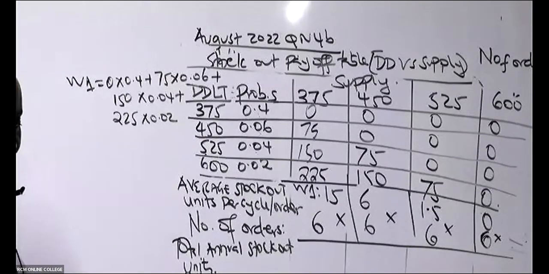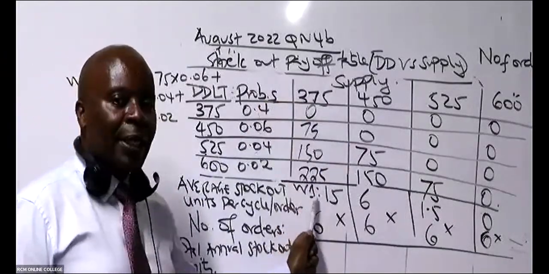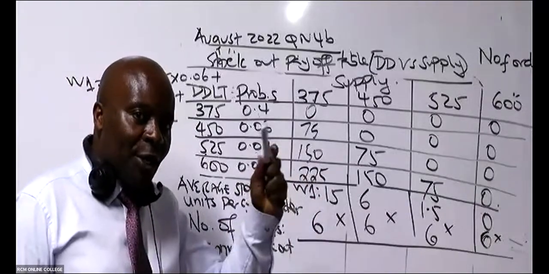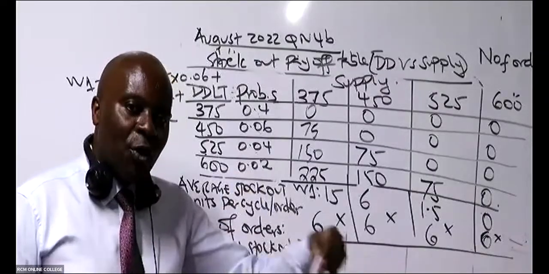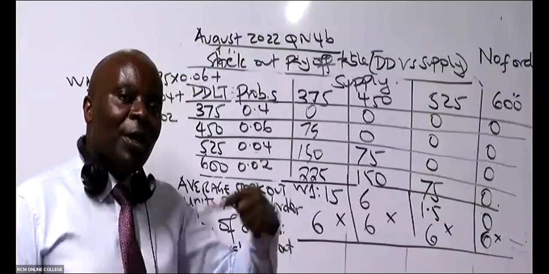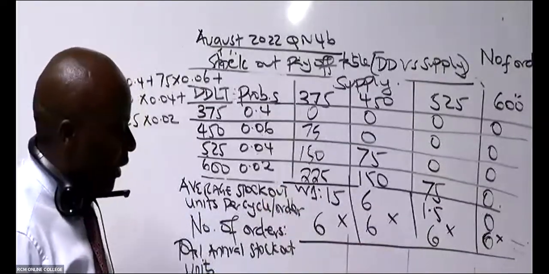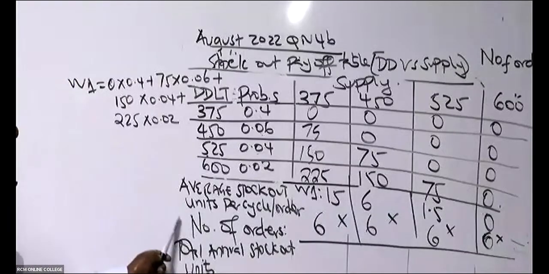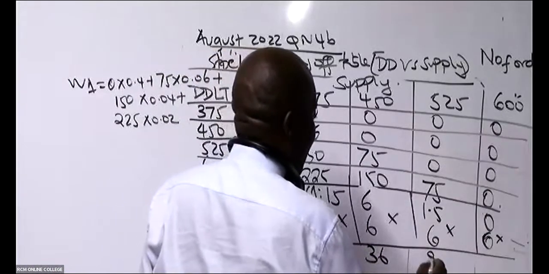Next step. Why are we multiplying with number of orders? Remember, whatever you got here was the average number of stock out units per reorder level, and reorder level is per order. We have one reorder level cycle for each order, so we have as many reorder levels as number of orders. So you multiply this with number of orders to get the total annual stock out. The first one is supposed to give us 90, 36, and 9, and then 0.